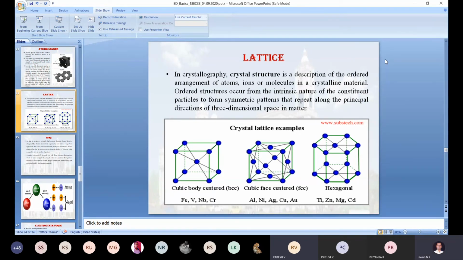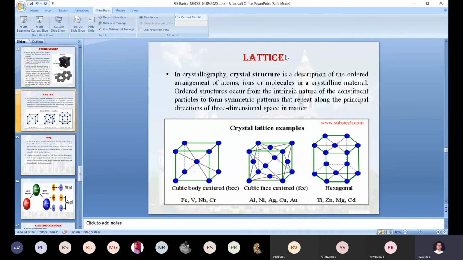A gate structure, simply we can call it a gate structure. How do we arrange the metal strips for construction of a gate? The arrangement of books in a library. Exactly. Arrangement of atoms in a systematic manner, and that manner is repeated, like a mesh or gate structure. You can take those two for better understanding of the meaning of lattice.